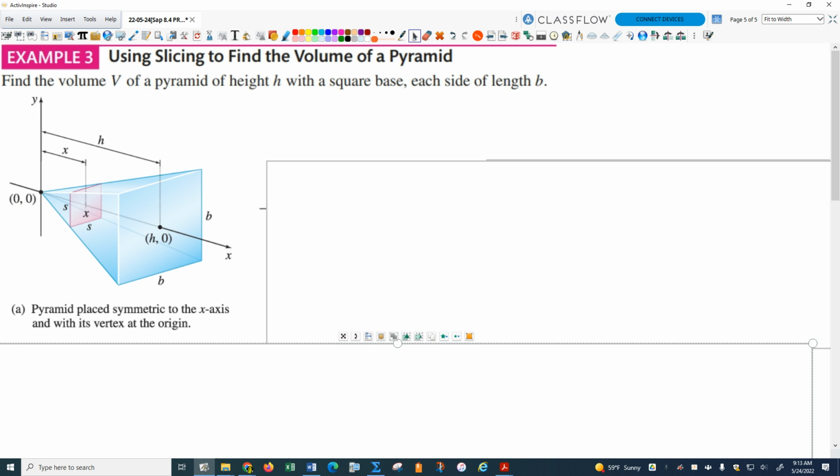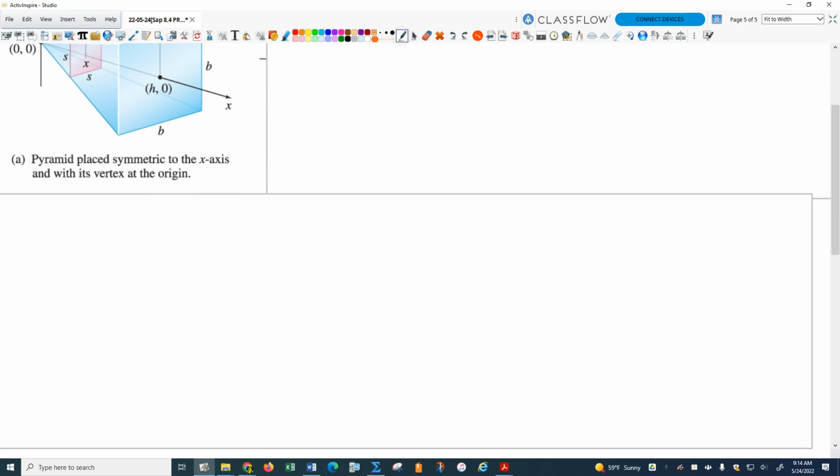What if I reconfigured this so the x-axis formed either the altitude of one of the triangles on the side, or what if it's even one of the edges? This could be a pretty bizarre looking pyramid if I did that. So like this is an edge, and it's going to go